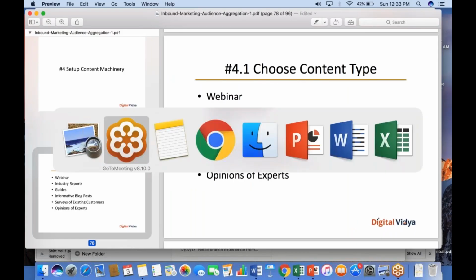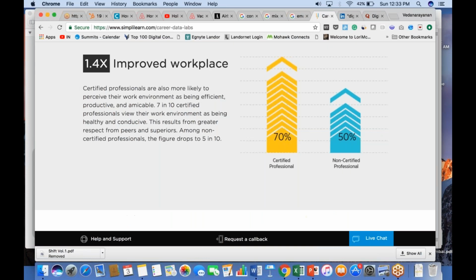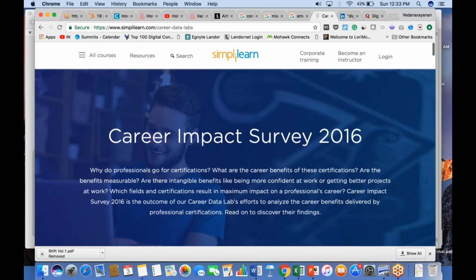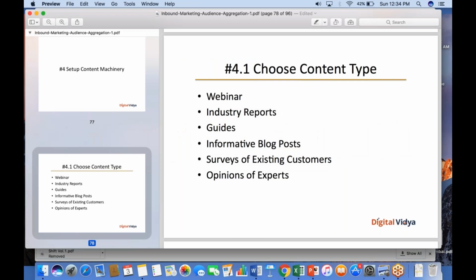Surveys of existing customers, an example is what I gave you, which we used at Simply Learn, right? The career data labs is a crystallized outcome of all the data mining and number crunching we did based on the responses we got to the alumni career impact survey which we ran. And we presented all this in a nice content collateral which was consumed by current prospects and current leads, and that gave them a sense of social proofing, because there are alumni who graduated out of this brand's ranks who are doing great things in their career. Maybe I should consider Simply Learn as a possible place for doing my digital marketing certification, and so on.